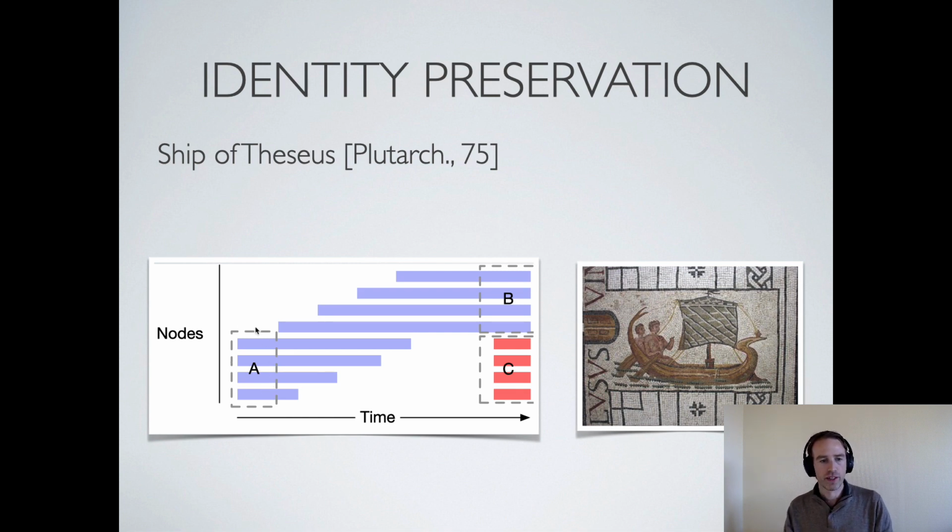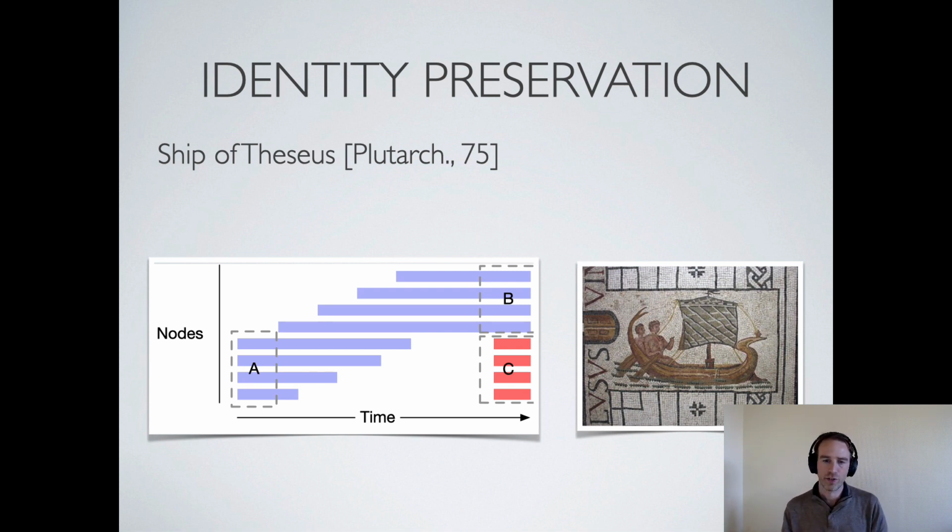If you imagine that you have, so let's start with, what is the ship of Theseus? It is actually a paradox which was introduced in very old times, by Plutarch in the 1st century. And the paradox goes like this. Theseus was a famous hero of the Greeks, and he went to fight the Minotaur, and then he came back with a ship, and